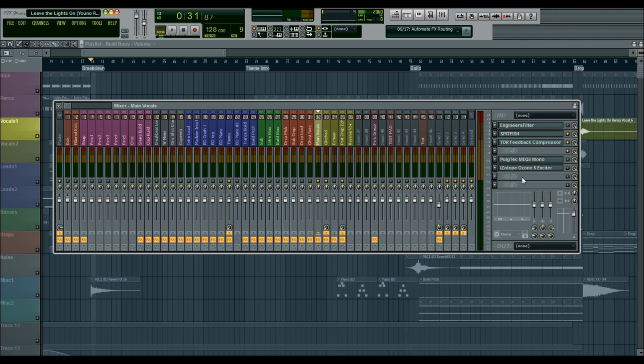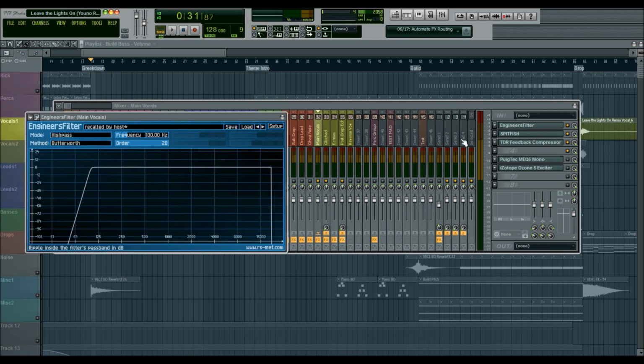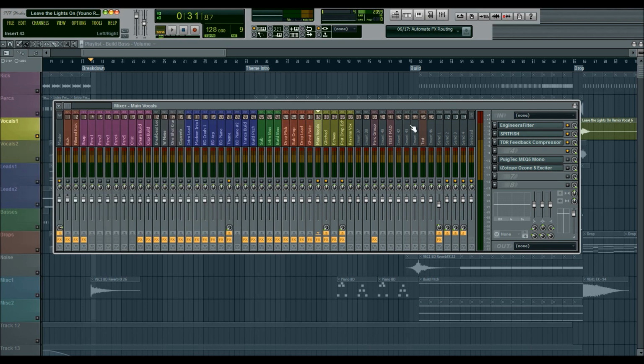Another thing I want to do when I'm doing vocals is I want to get rid of any unnecessary bass material. You don't really want any sub frequencies in your vocals, and I do this on pretty much all of my vocal tracks that I've mixed. Depends on the source, but since she's pretty high up in the frequency range, she wasn't even really touching anything below 100, much less sub frequencies. So I just did a high pass right here, since there was some little bit of noise kind of creeping through down there.